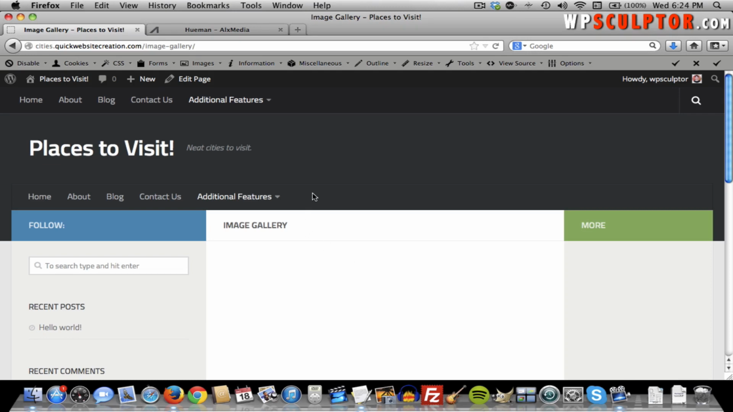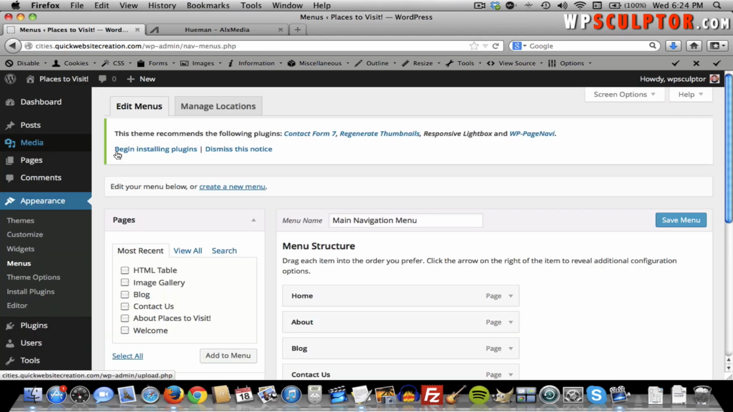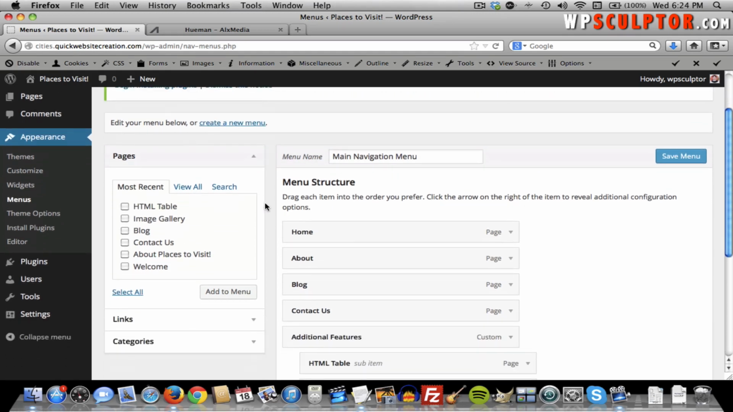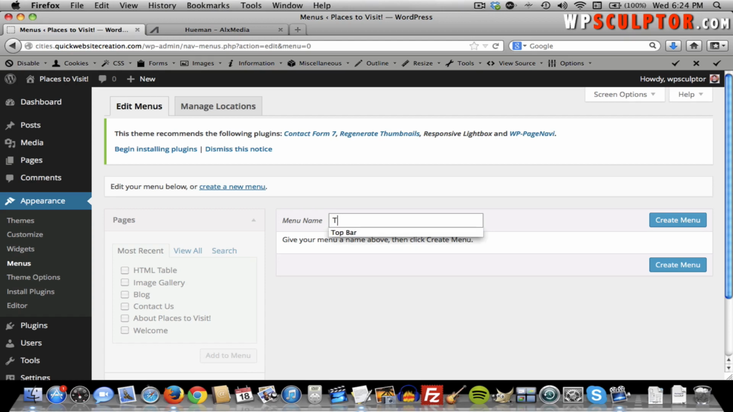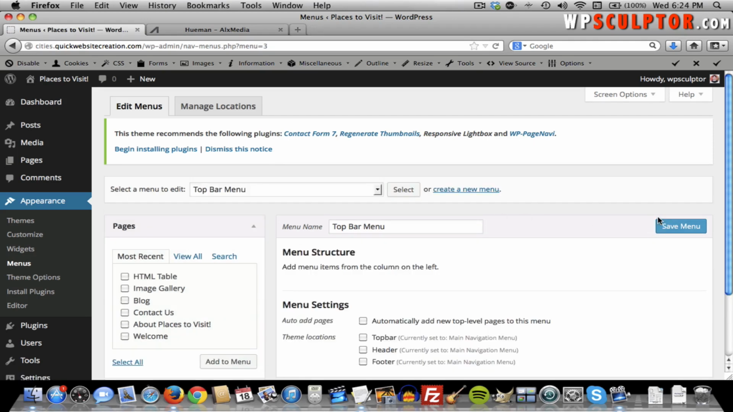But another thing I want to do, the last thing with menus, go back to your menus. I want to create a different menu for my top bar. I'm going to have my footer and my header menu be the same, this main navigation menu, but I'm going to create another menu. Just click on Create a New Menu, and I'm going to call this Top Bar Menu. Click on Create Menu,